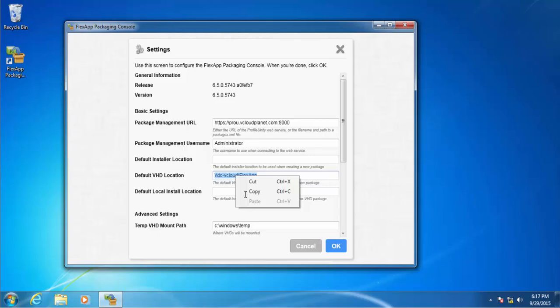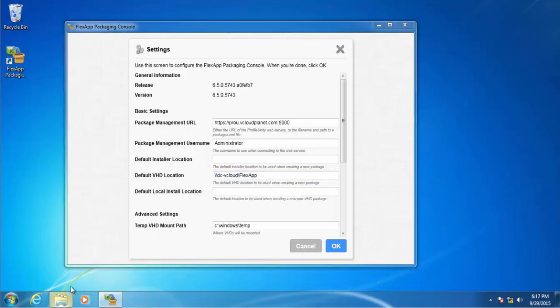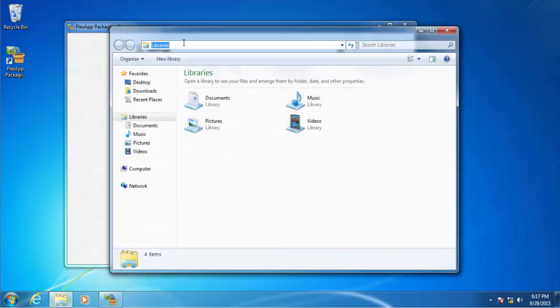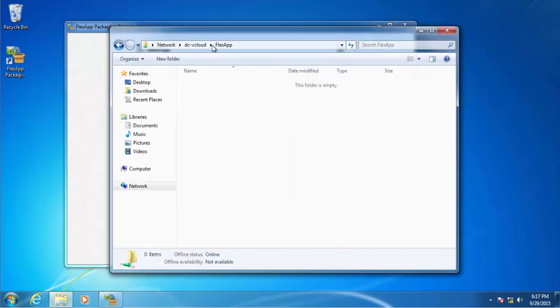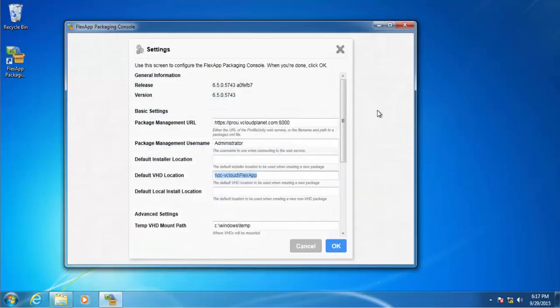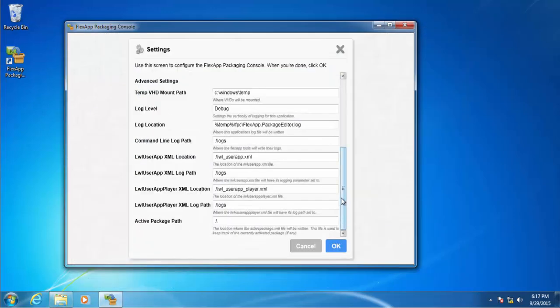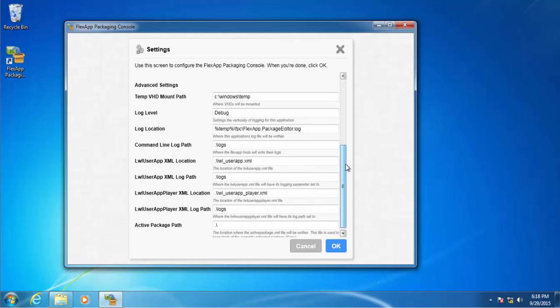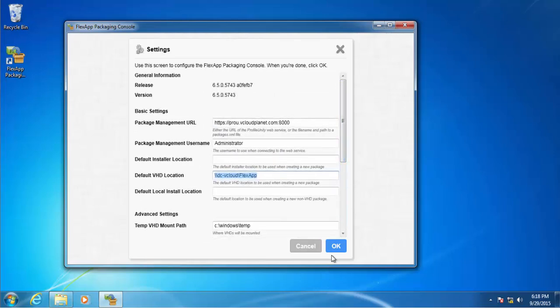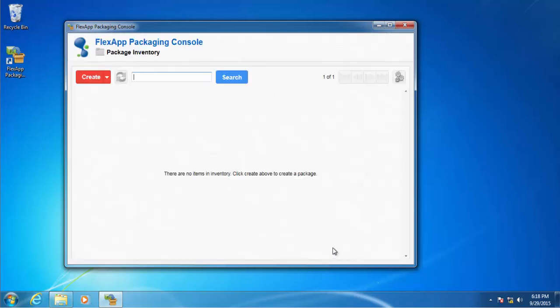So that's the share I'm going to use. I'm just going to double check that share exists. Yep, there it is. Okay, cool. For now, that's the only parameter that I really need. I just need to tell FlexApp where the VHDs are going to be stored. I'm going to click OK, and the next thing I'm going to do is actually package up